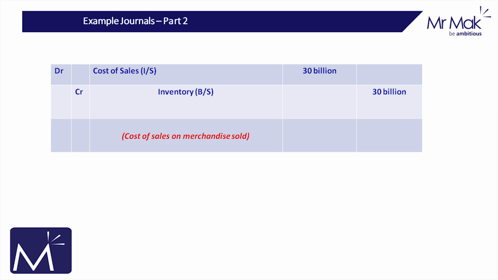What that journal is doing is showing the cost of sales, how much the company had to pay to buy that stock, and at the same time, it's reducing the amount of inventory in Macmart's balance sheet because that inventory is no longer there, it's been sold to the customers. This would be the second journal processed to capture the transaction, and again, as you can see, the debits are